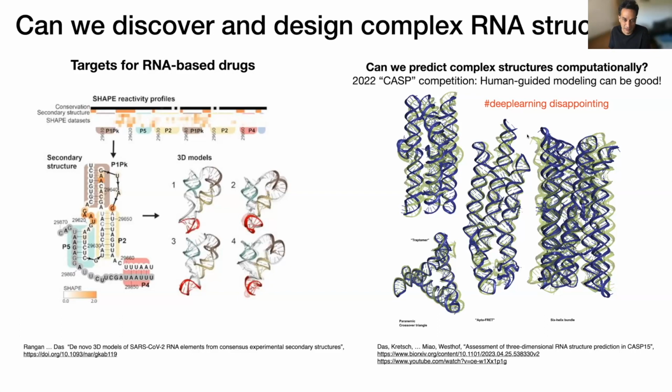But if it did, then you could imagine scanning viral genomes or genes for Alzheimer's and finding these elaborate structures. And you could also imagine designing nanomedicines like new mRNA therapeutics that would have these structures. Okay, so that's the motivation. What would it take to get to, let's say, something like an AlphaFold for